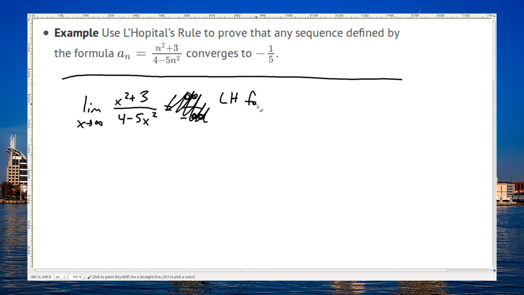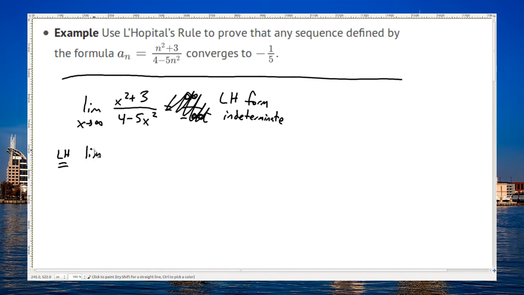All right, well, I'll just write it as LH form. Or indeterminate is another word for this infinity over infinity. We cannot determine by just plugging in what the value is. But that's okay. I can apply L'Hopital's rule, which a lot of folks write LH over the equal